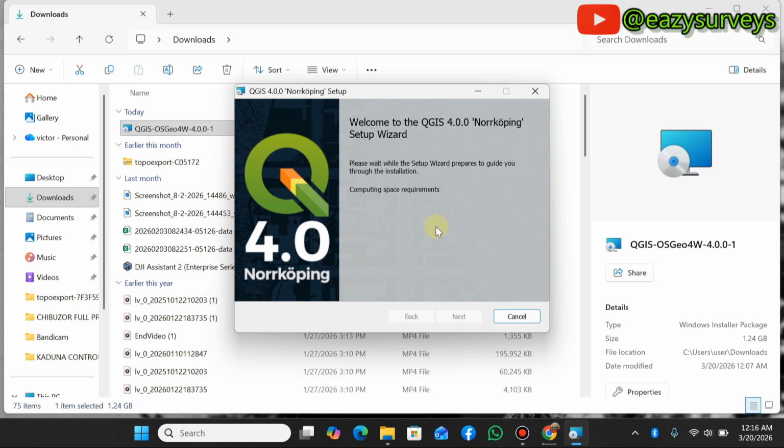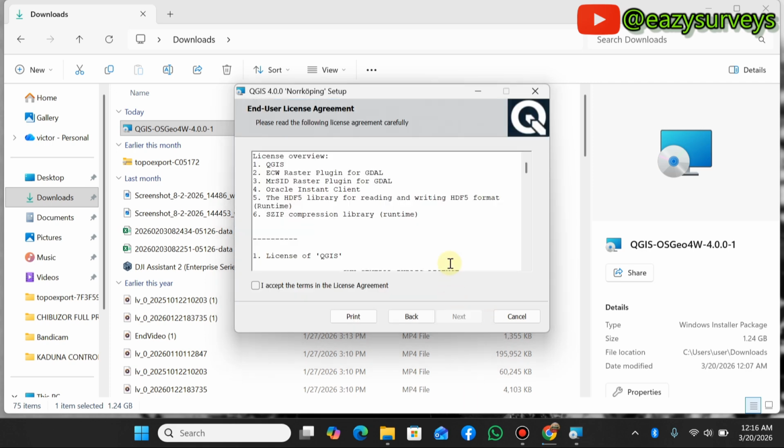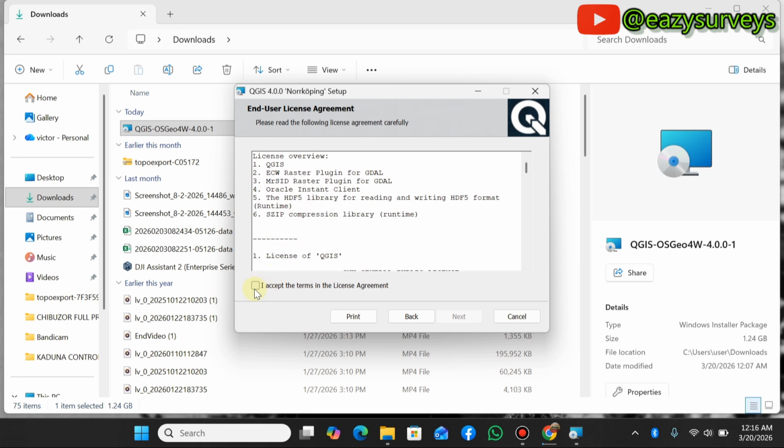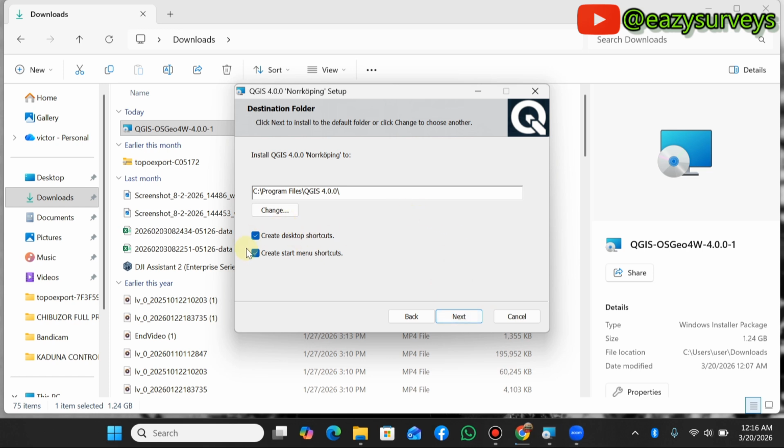It's computing the space requirements. That's done. Then you click on next. It's going to ask you to read the license. So you check I accept the terms in the license agreement. Then you click on next. You don't need to change any of this, just leave it checked, to create a desktop shortcut and a start menu shortcut as well. This is the file path, it's going under your program files. So you click on next,